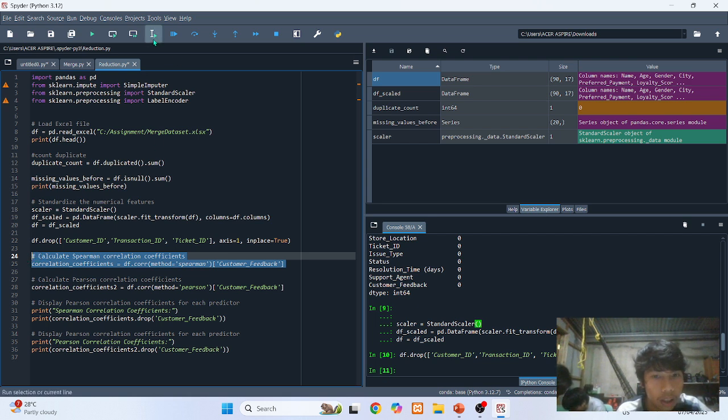So calculate using Spearman, and also calculate using Pearson. So we're going to display the two types of data reduction at once.